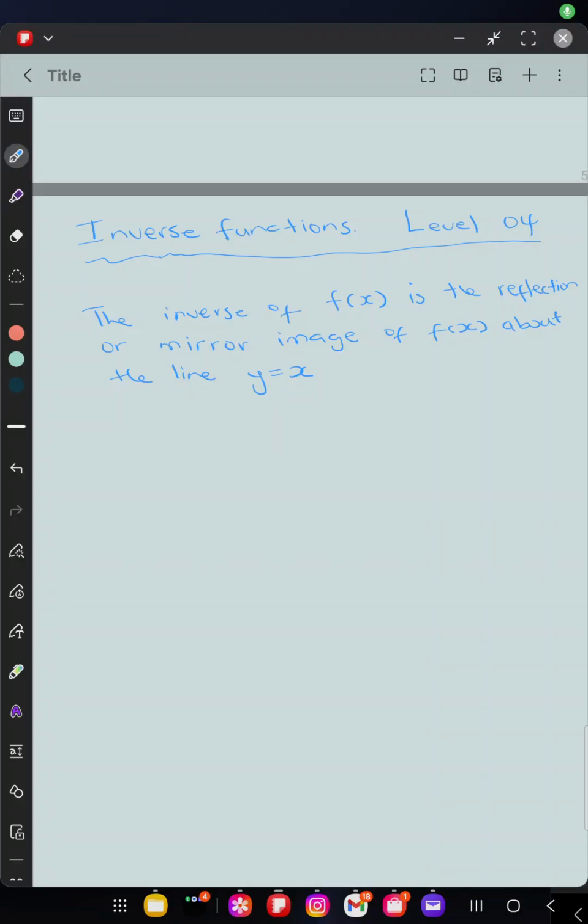Students, we are going to be looking at inverse functions, level 4. What is an inverse function? The inverse function of f of x is the reflection or mirror image of f of x about the line y equals x. Meaning, if I have